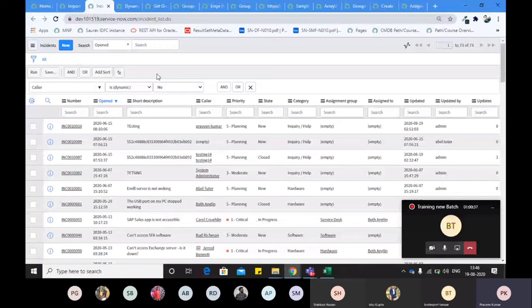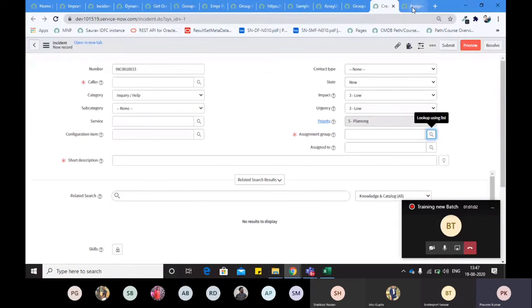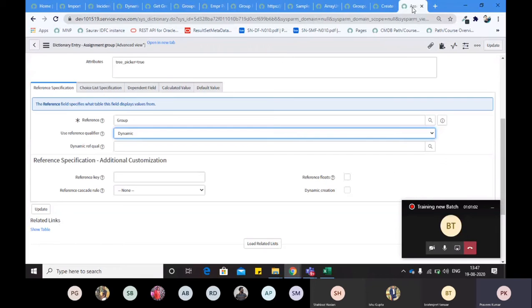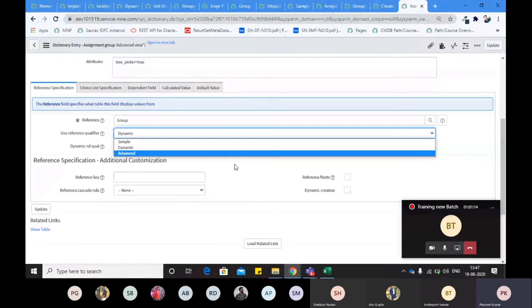So guys, I am not going too deep right now into the dynamic filter. Just keep concentrated, otherwise you will lose your track. Don't focus on the dynamic right now. We can discuss it later, at any time. For now, just focus on simple advanced. If tomorrow you say you want a half an hour session on dynamic, we can do that. But first be focused on simple and advanced, right? Now, we have seen what a script include is and we have created the script include, right?